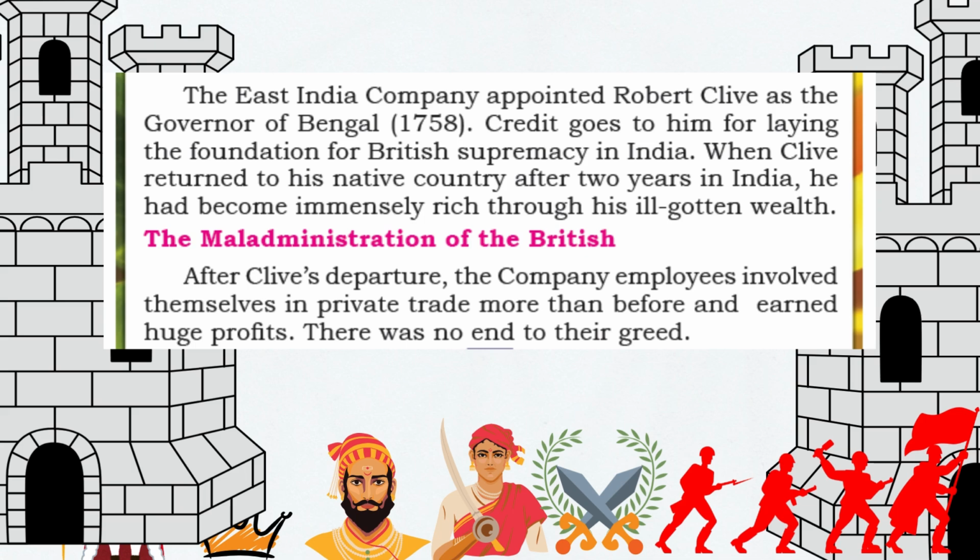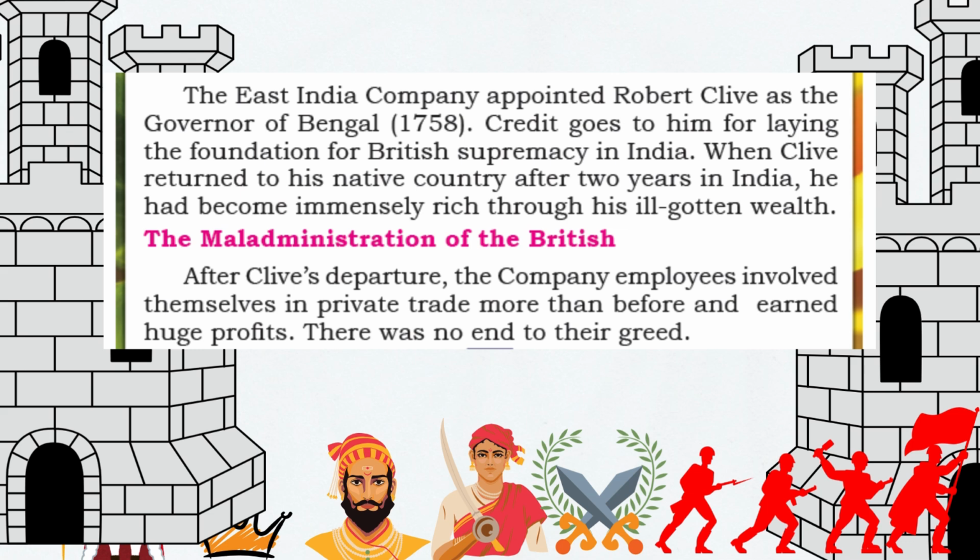them. The East India Company appointed Robert Clive as the governor of Bengal, 1758. Credit goes to him for laying the foundation for British supremacy in India. When Clive returned to his native country after 2 years in India, he had become immensely rich through his ill-gotten